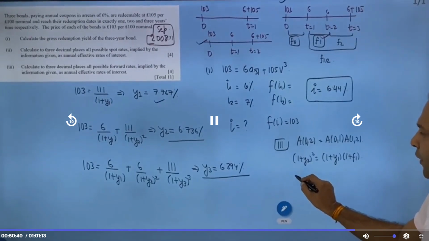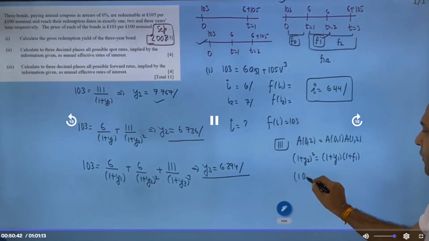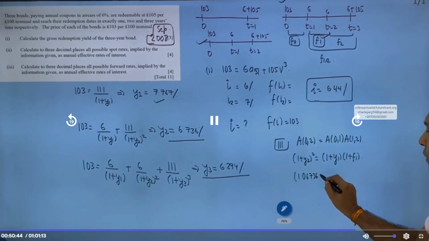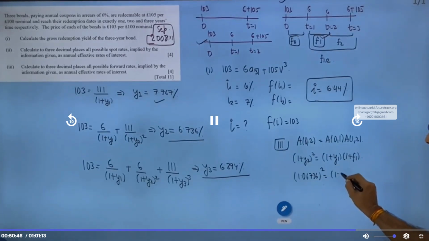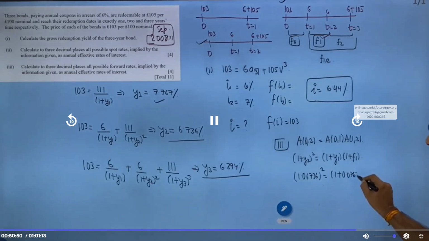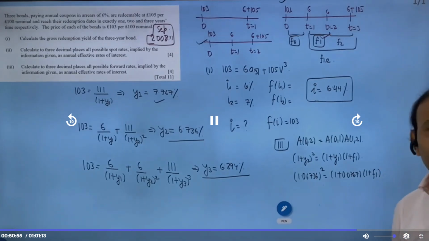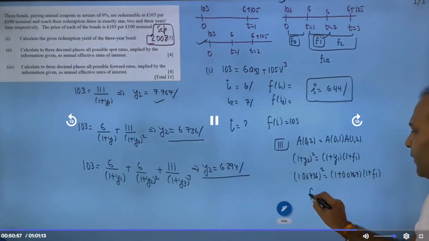So y2 will be what? 1.06736 squared is equal to 1.0767 into (1 plus f1). So class, f1 will be